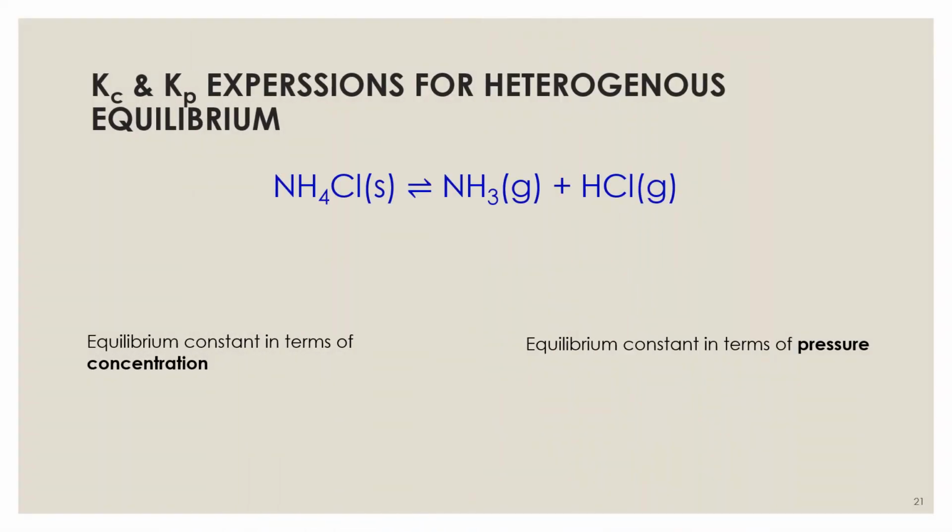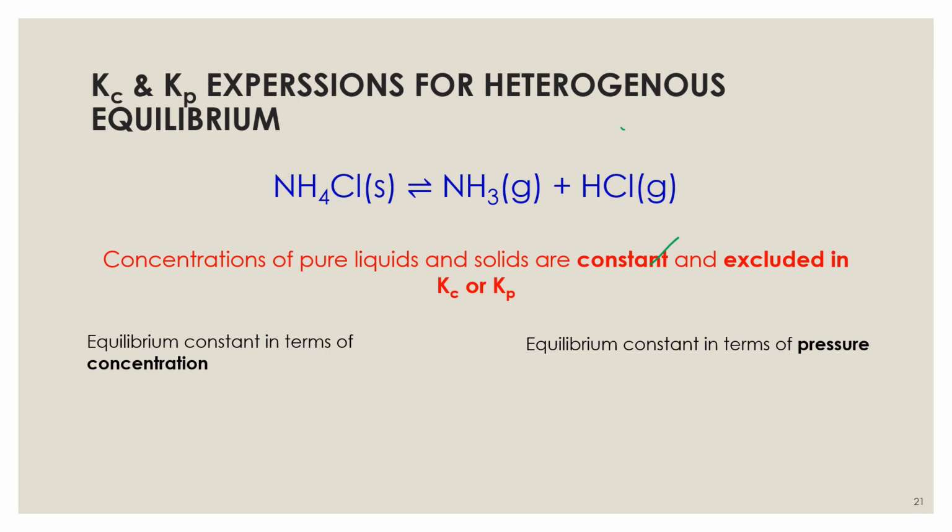This equation is an example of heterogeneous equilibrium kerana okay, kita ada perbezaan fasa di dalam reaktan dan juga produk. So in heterogeneous equilibrium, please bear in mind that concentration of pure liquids and solids are constant and they are excluded in Kc or Kp expression. Okay, sekiranya awak nampak ada fasa liquid ataupun solid di dalam chemical equation reversible kita, maka kita tidak akan masukkan